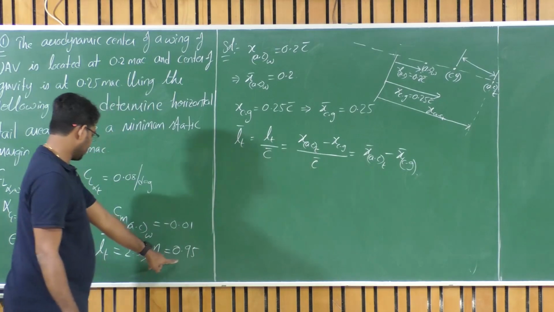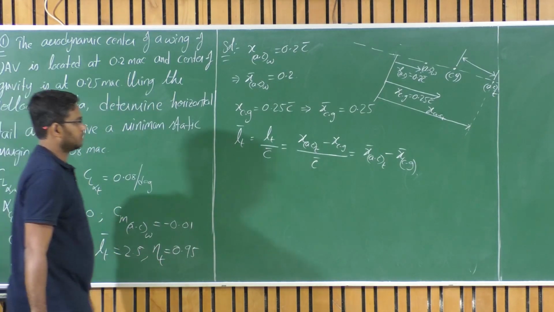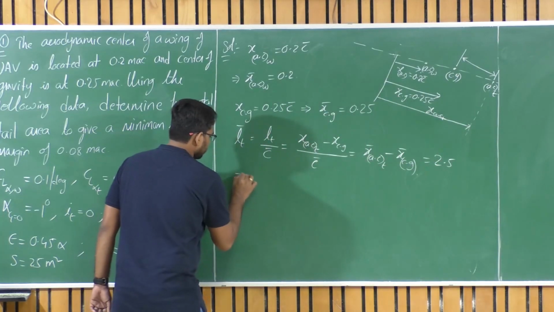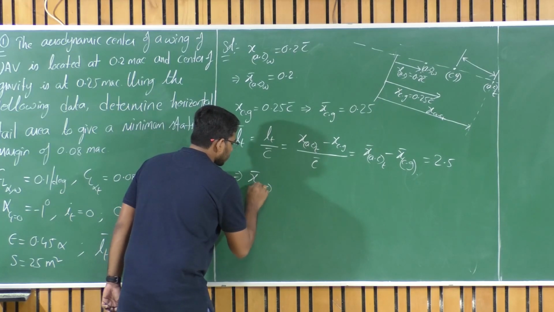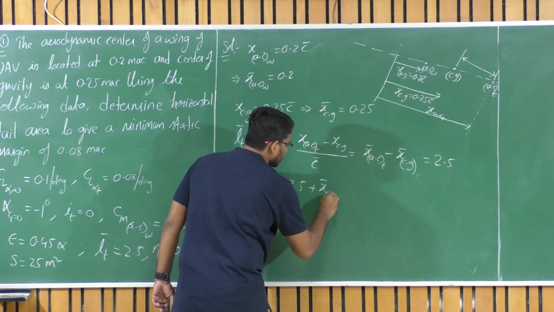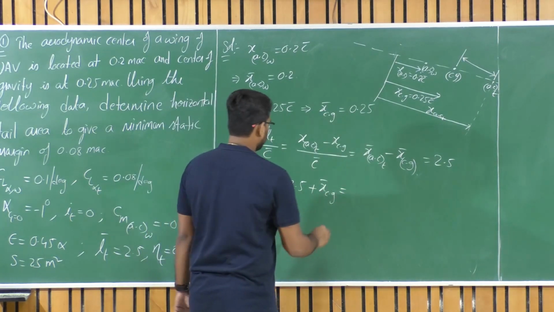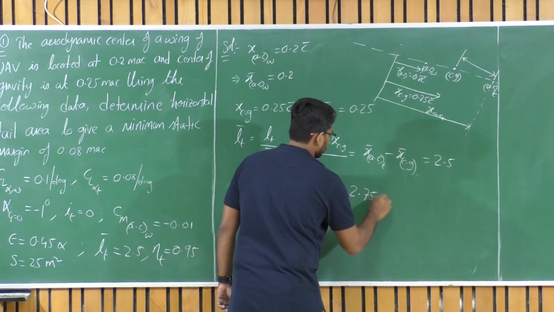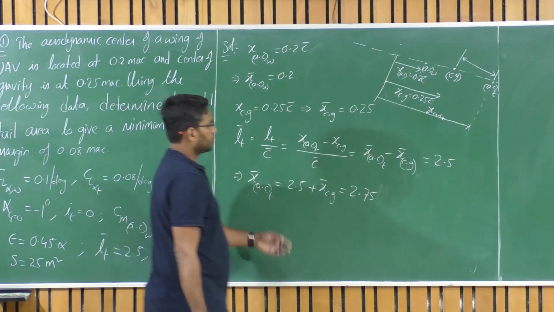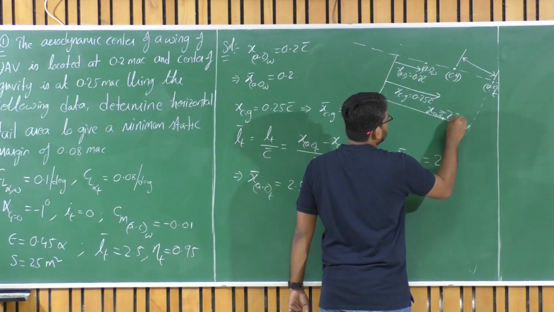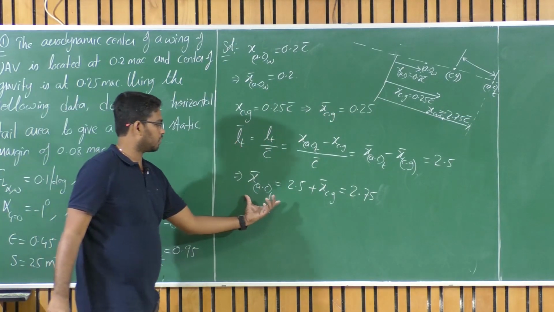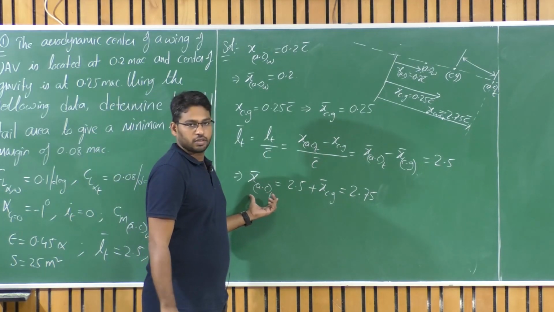So this value is given as 2.5. This is equal to 2.5. So now X bar AC of tail from here is 2.5 plus X bar CG. So this is equal to 2.75, 2.75 in the non-dimensional form. So what you have is 2.75 C bar. This particular distance is 2.75 C bar. Okay. With that given data of LT, we are now able to figure out the location of the aerodynamic center of the tail.